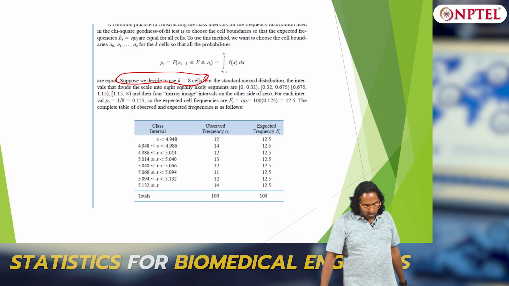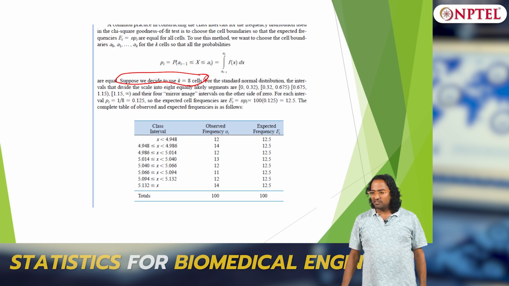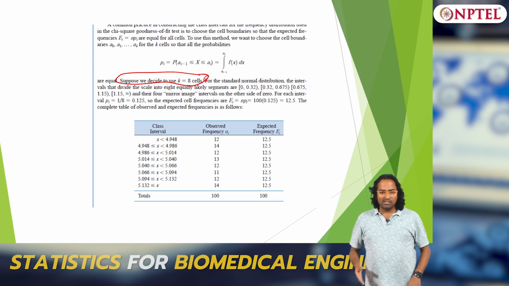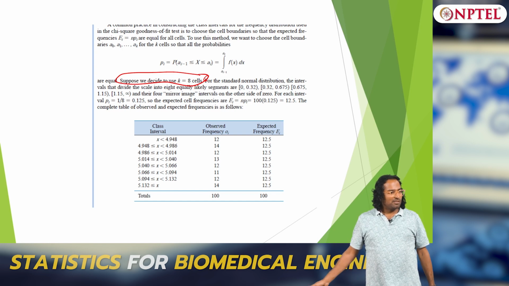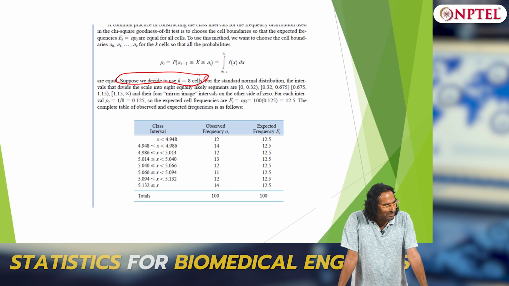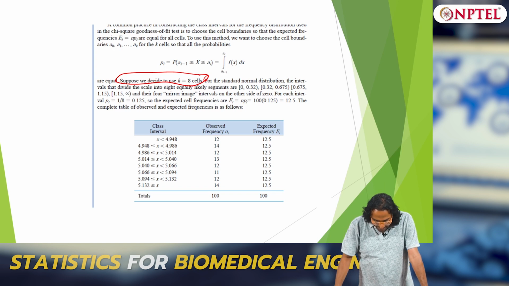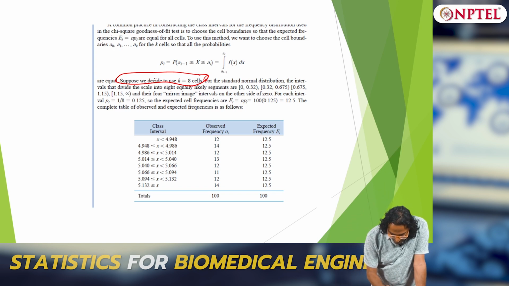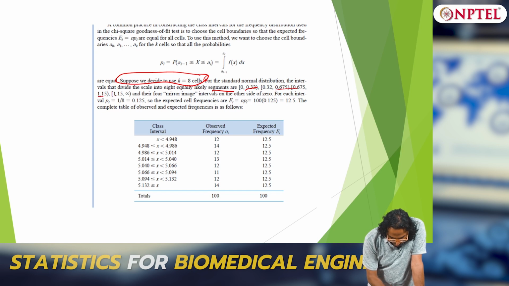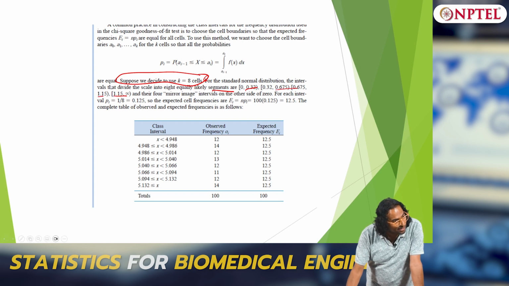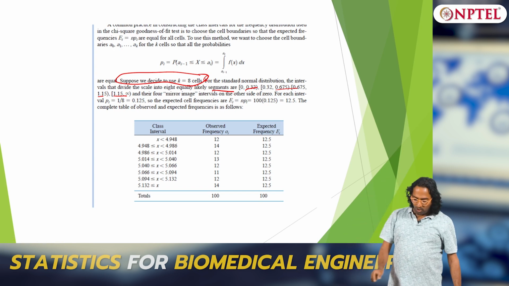Suppose I want to divide it into 8 cells, 8 intervals. In your normal distribution the range is about 0 to 3.3. So how am I going to divide? For the standard normal distribution, the intervals that divide the scale into 8 equally likely segments are 0 to 0.32, 0.32 to 0.65, and so on up to 1.15 to infinity. How did I come up with 1.15 to infinity? How did I divide it into equal parts?